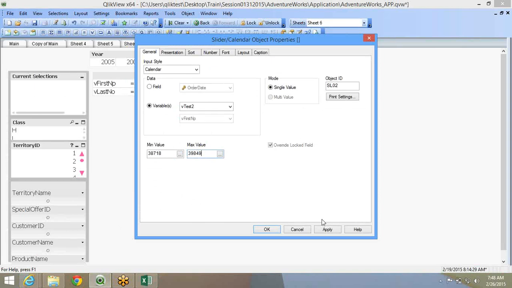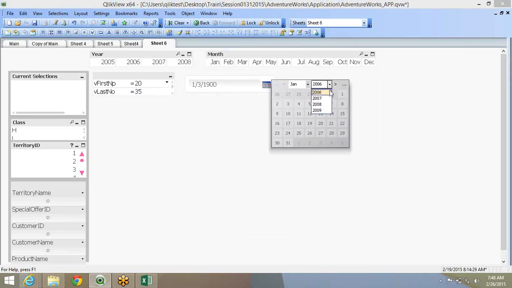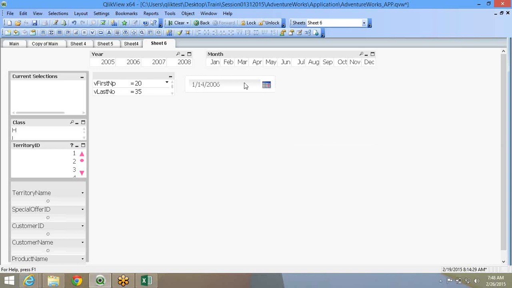I gave the dates between this max and minimum value. When I apply, my calendar will be exactly from there. So 6 to 9. If I go to 6, it will be from Jan. When I go to 9, it will be only Jan and Feb. So the user will be able to select it. This way I can define what my start date and end date are and what calendar I wanted. So once I have this, I can copy paste.